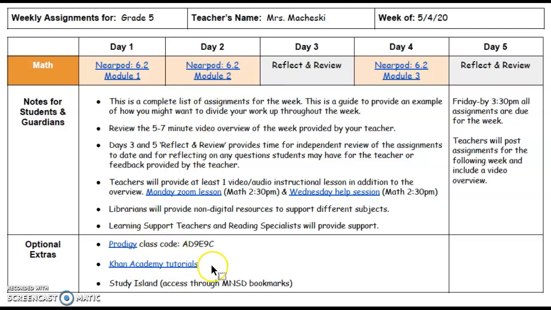At any time during the week, if you feel like you have a question or you feel like you're getting frustrated, you're not able to complete any of these modules independently, which was my goal when I created them, then absolutely reach out, message me through Google Hangouts anytime during the week. You know, I respond as quickly as I can, or you can also have your parents email me if you want. So I'm available to help as needed,